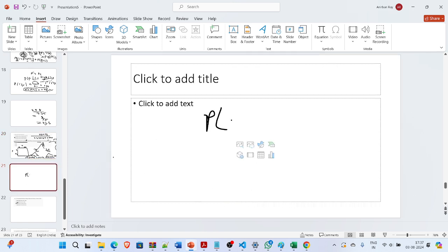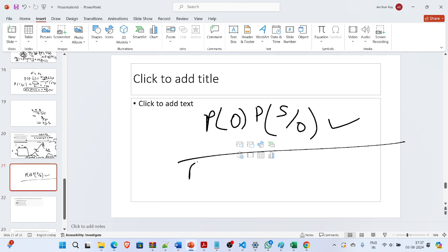Offer is represented by O. Probability of O multiplied by probability of spam given offer is the one, divided by